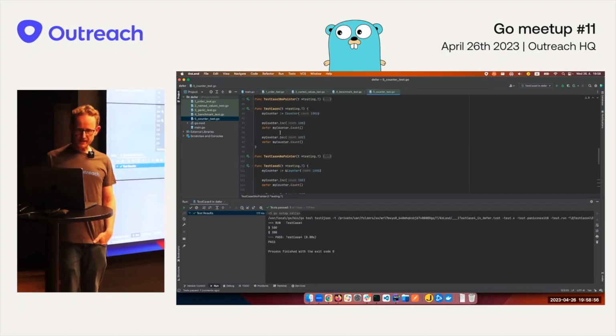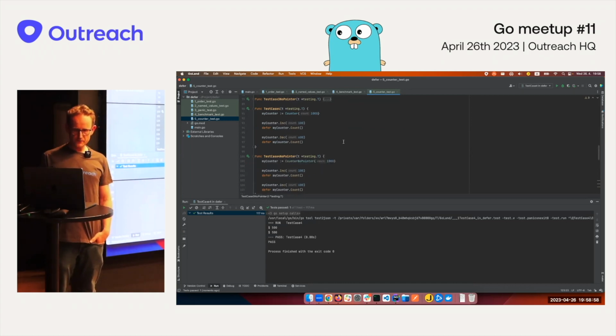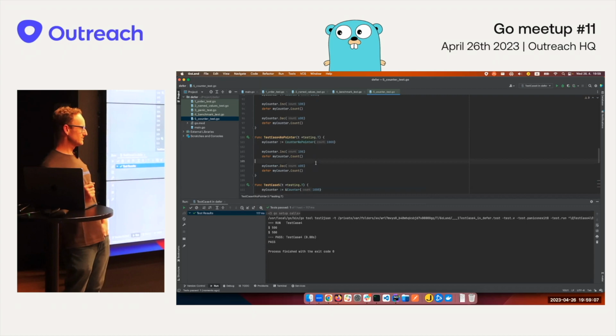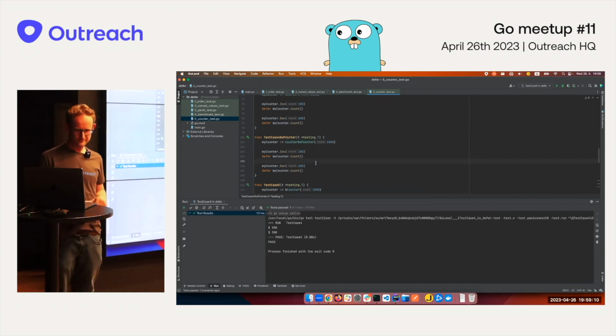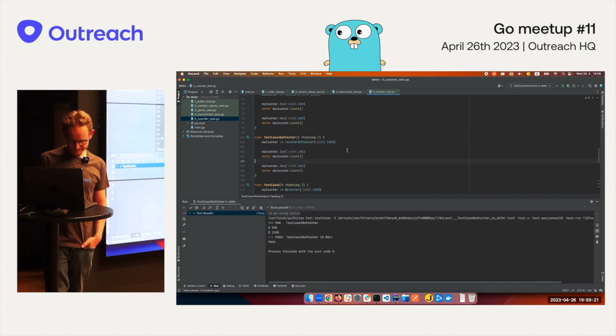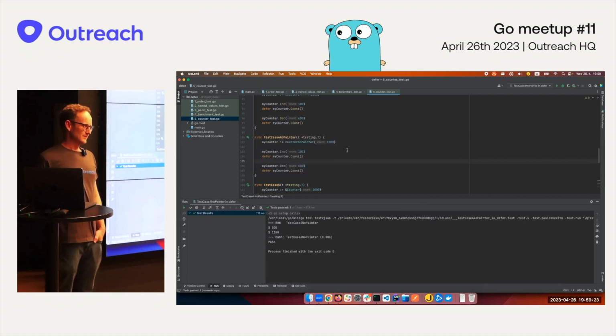So let's try this. In this case, again, like before, the answer was 500 and 500, and now we will use this no pointer counter. What do you think the output is going to be? It's the last one. Let's try it out. Oh, last in, first out. Okay. All right.